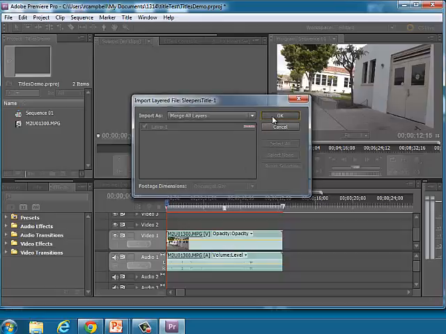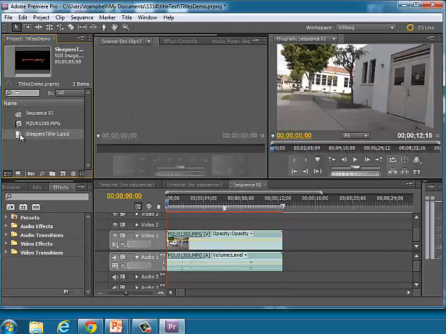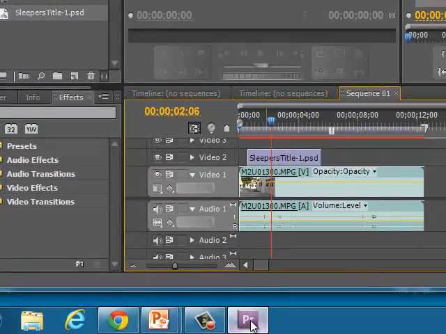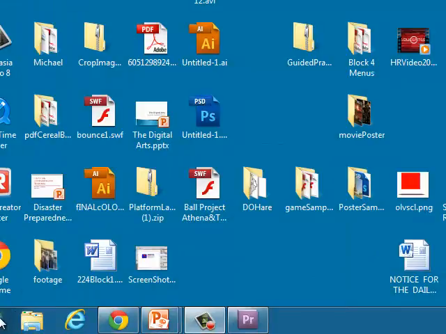I want to merge all layers because I'm not going to take it apart. And it should have all the effects in place. And if I drag it into place, let's see if that worked. And it totally did, but wow, it's too huge. So maybe I go back to Premiere, to Photoshop,